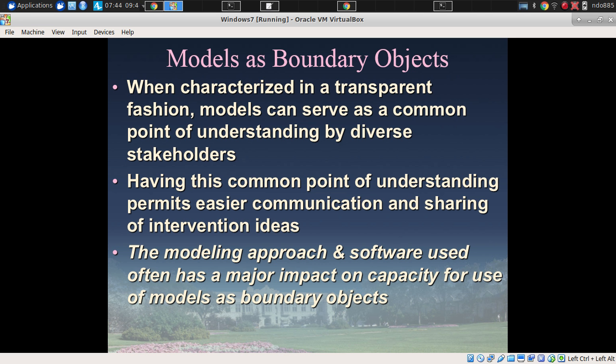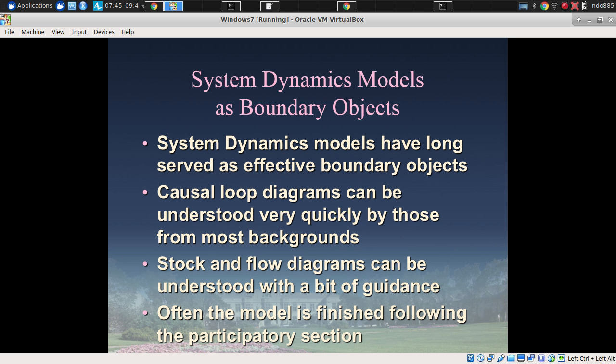But it turns out the model is more than that. It lowers the barriers to this communication. It often becomes kind of the common point of discussion among a team from very different backgrounds. It's kind of the hub, the focal point. And I will say the modeling approach and the software used has a major impact on our ability to perform that. System dynamics has long sought its models to serve as effective boundary objects, really since the late 70s and 1980s,